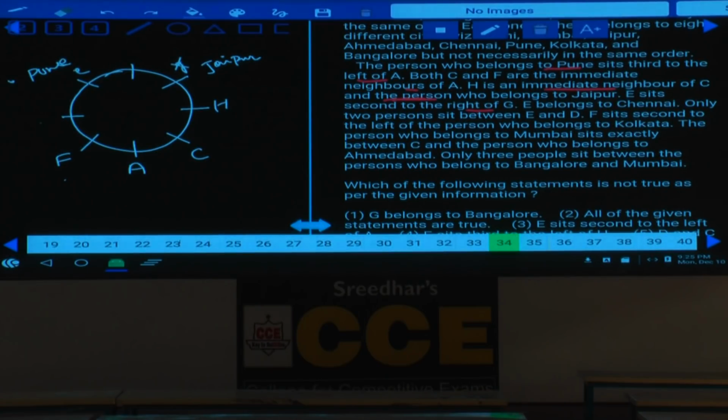Then tell me whether G can be at this place or not. If G is here, then E and F must be in the same place, which is not possible. G cannot be here. And G cannot be here as well. If G is here, then E and A must be in the same place, which is not possible. Hence, what is the only possibility left over to this G? G must be in between Pune and Jaipur, isn't it? That is the only possibility left over. Now finally we have G at this place. If G is here, E sits second to the right of